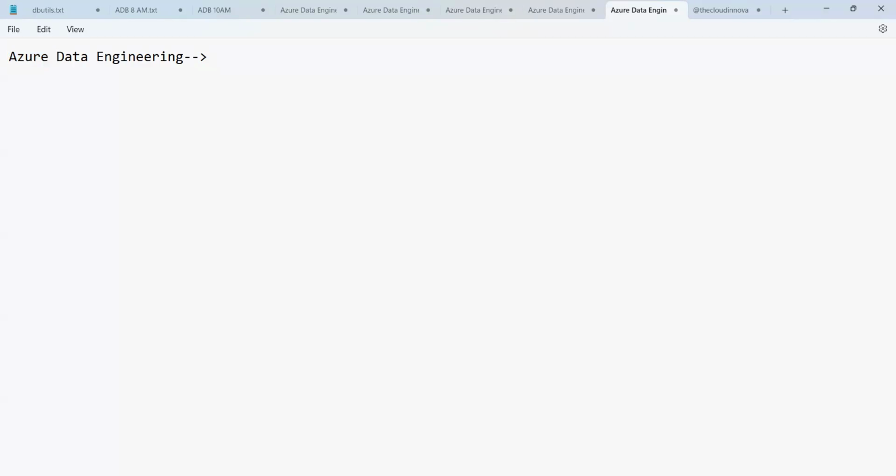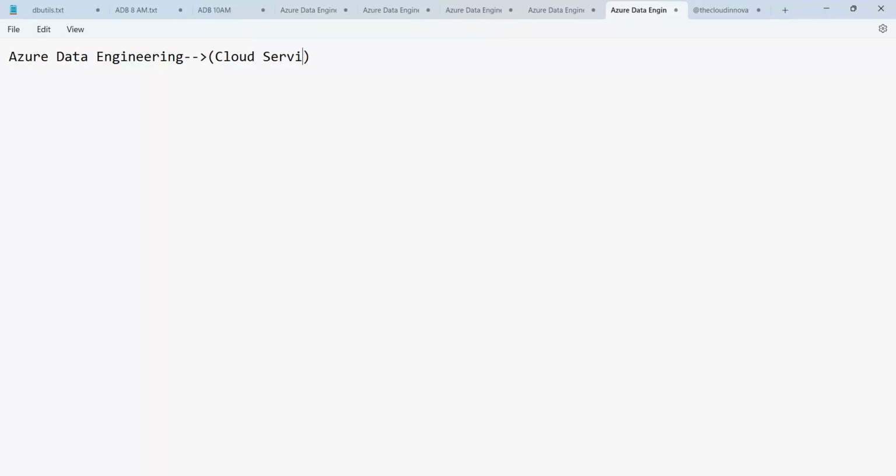Whereas, what is data? Data is nothing but information. So Azure is the name used by Microsoft to market the cloud services, data is nothing but information, and engineering is nothing but the application of techniques on the data. So hence, when we say Azure data engineering, it is a bunch of cloud services.